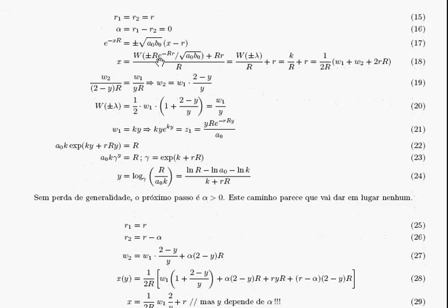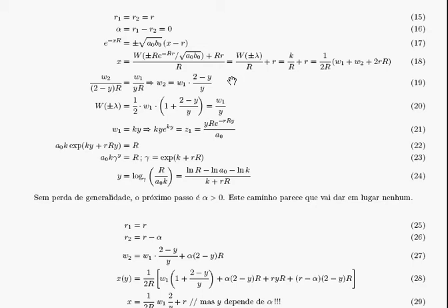Is w of something plus rr over r, is w of plus or minus lambda, is key over r plus r, it's 1 over 2r w1 plus w2 plus 2r big R. So we have equality of fractions, and w2 is equal to w1 times a fraction. So the w of plus or minus lambda is